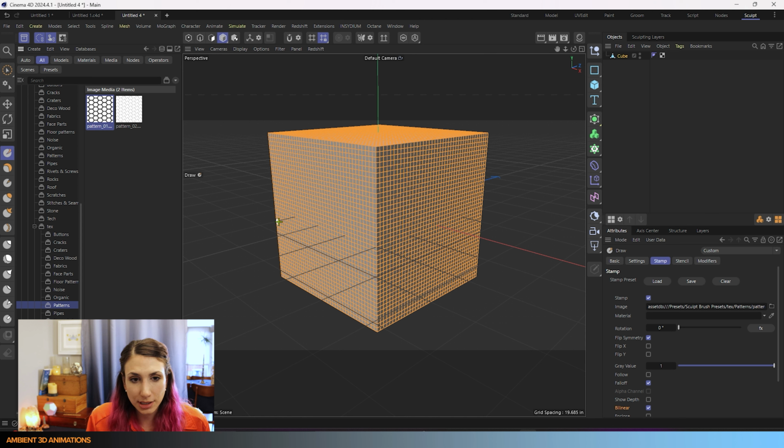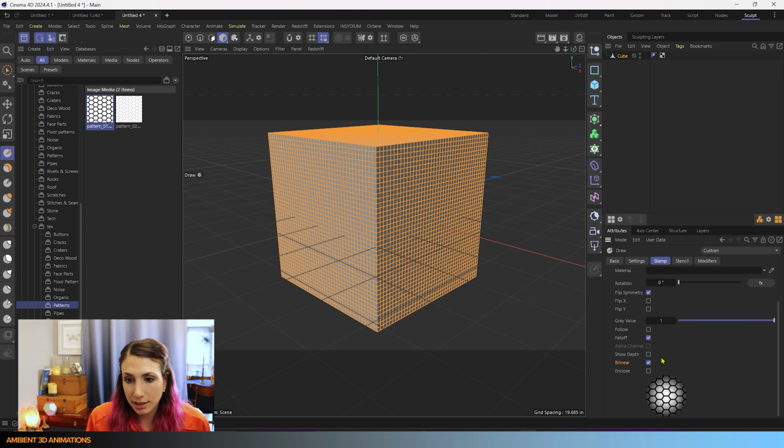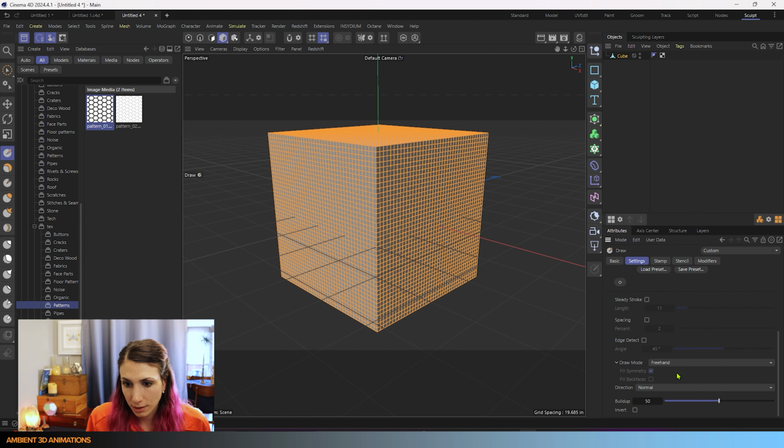So now we have a pattern in there. You'd think that if you decided to use the option drag rectangle or drag dabs, this would work on this cube right now, because